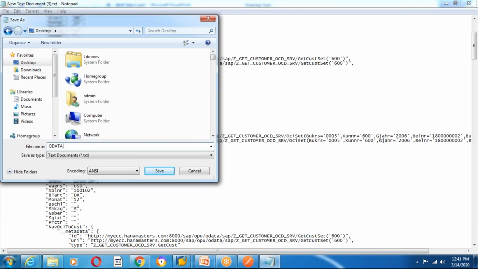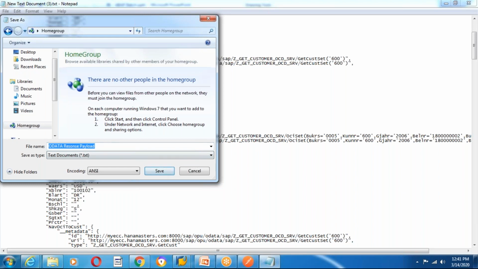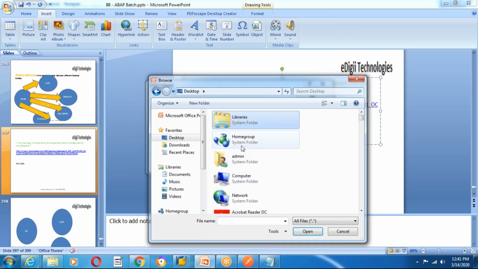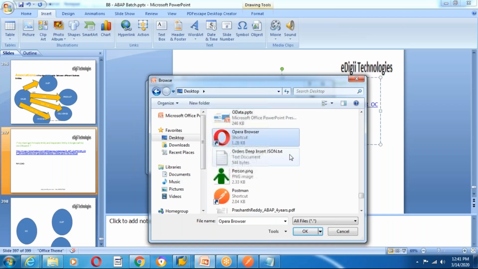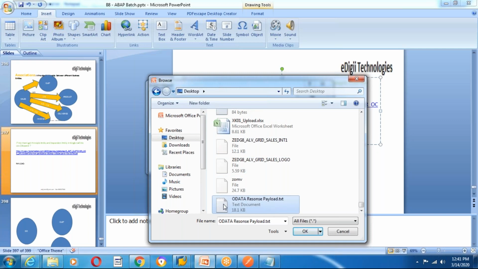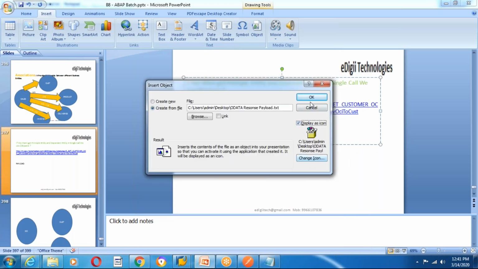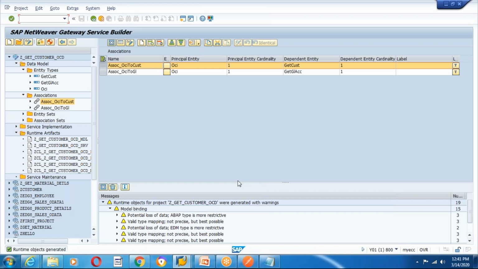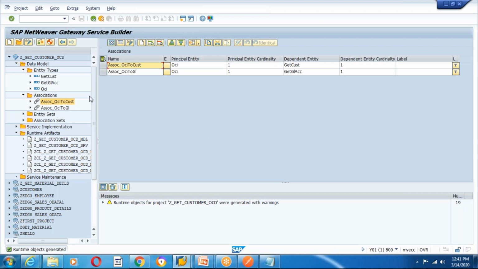Okay, OData response payload. This is even the request payload also there. This is my response. Go here, OData response payload, and display as icon, and okay. So you need to take this example for the payload, guys. And parallelly, it's generated. So the OData service is generated, and now